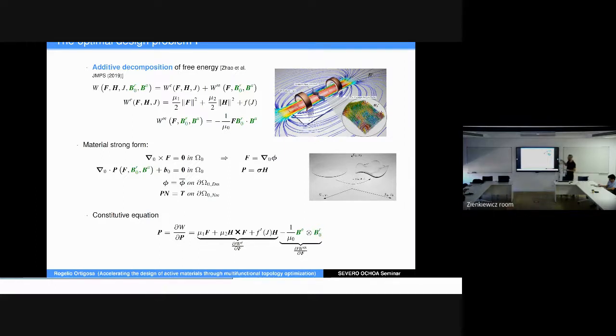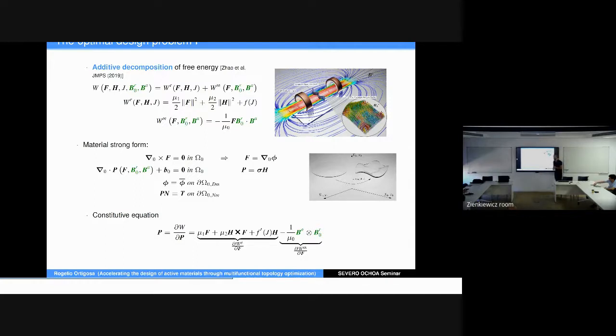Because at the second stage, I'm going to put again the material, which has a remnant magnetization, within the coils, and this new applied magnetic field will try to align B0R with BA, leading to these complex deformation patterns. So the objective is actually to design B0R and also the value of BA in order to get a specific